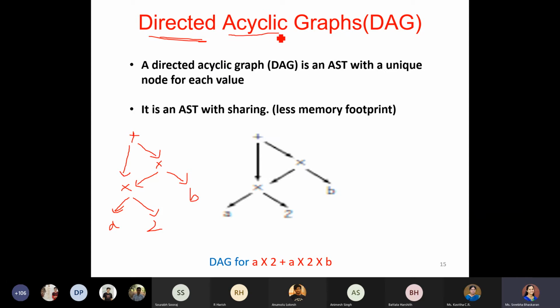The name itself says acyclic, so you must never end up in a cyclic representation. If any graph gets formed in a cyclic representation, you can't go ahead with that form. It will become like an infinite loop. So in all three things, that is parse tree, abstract syntax tree or directed acyclic graph, you have to make sure that you never end up in a cyclic form. All three should be in the acyclic form.